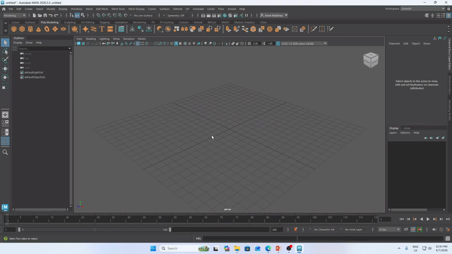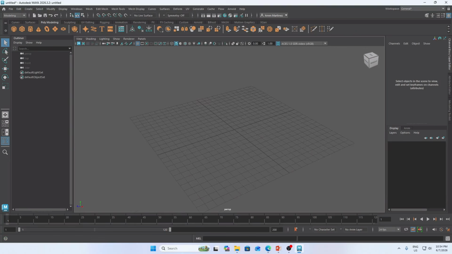Okay, camera navigation. You can see I can orbit. I can zoom in, zoom out, and zoom in. I can pan. So, let's talk about the controls.